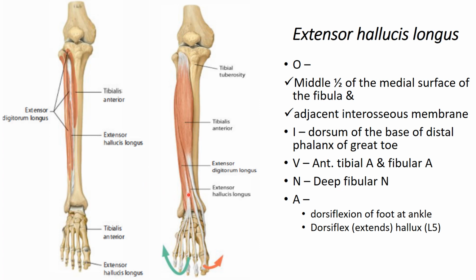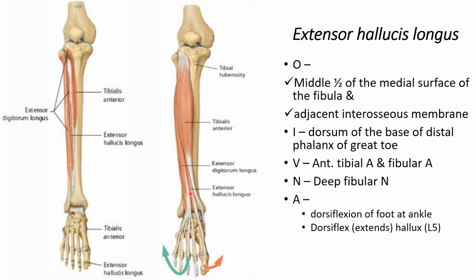and its vascularity is again the anterior tibial artery, and in the lower portion it is reinforced by the perforating branches of the fibular artery, and it is supplied by the deep fibular nerve. But initially it has this important relation. Initially these neurovascular structures are lying medial to the muscle extensor hallucis longus, but in the lower portion its tendon crosses, and the neurovascular structures become lateral relations to this tendon,